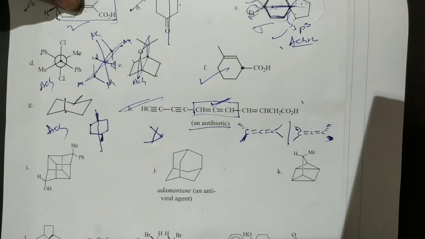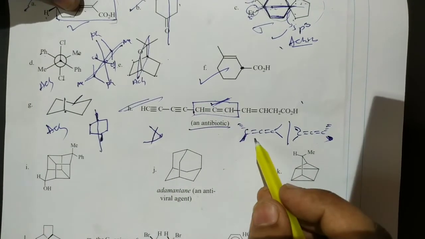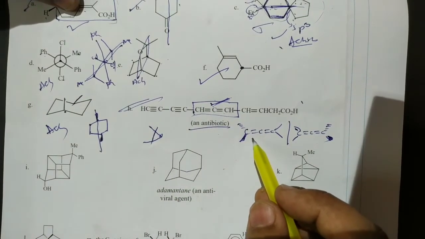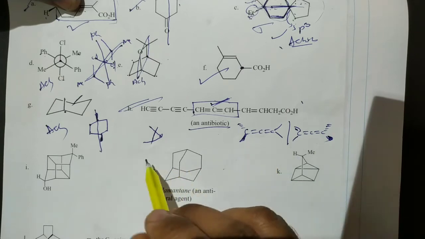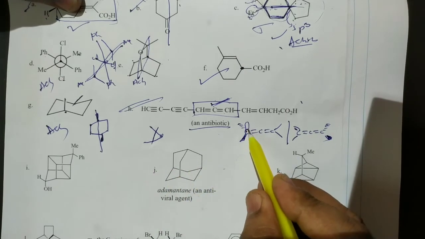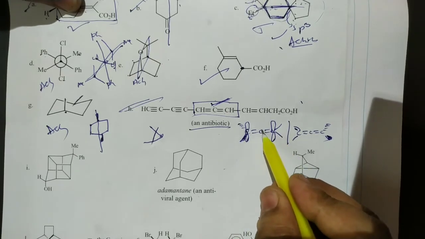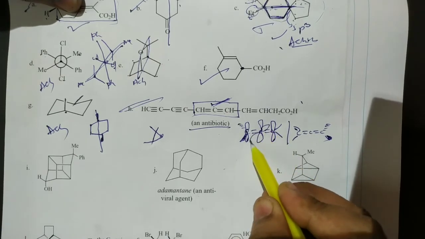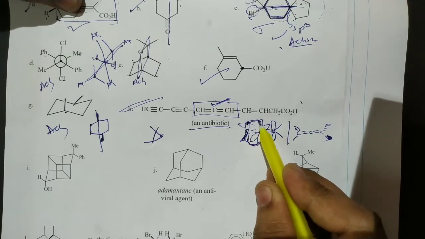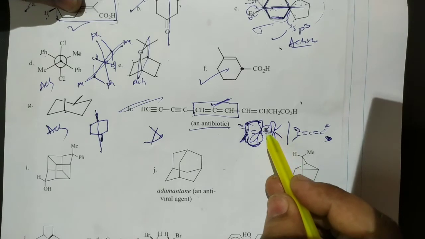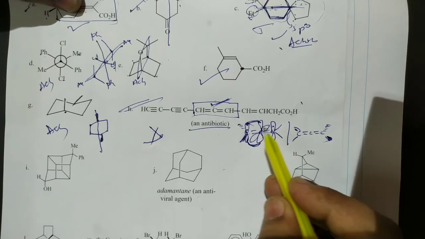Okay, next. Of course, I think you are very familiar with this one. This allene system is a non-planar molecule. Okay, why? Because non-planar. Here sp2, here sp2, the remaining p orbitals form a pi bond. Here sp, the remaining 2 p orbitals form a pi bond. Now these two are parallel, so a pi bond is formed. Now here these two are not parallel, so here it needs a bond rotation.